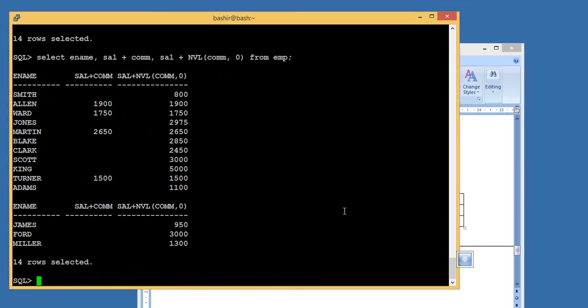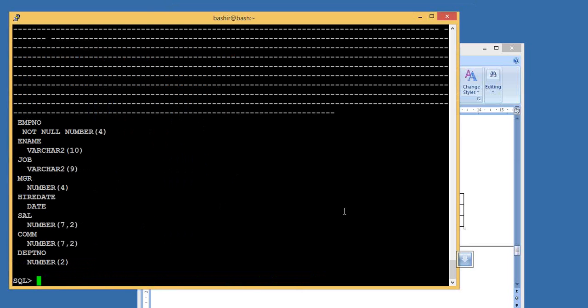When you see describe M, okay, we can do describe M. Yes. Okay. Now when you see here commission, it's defined as number and then 7,2, right? So why doesn't it show in that manner? It's not said null here. By default it is actually null, and when we want to explicitly mention that it should be not null, then you could see it is defined in here. It should not be